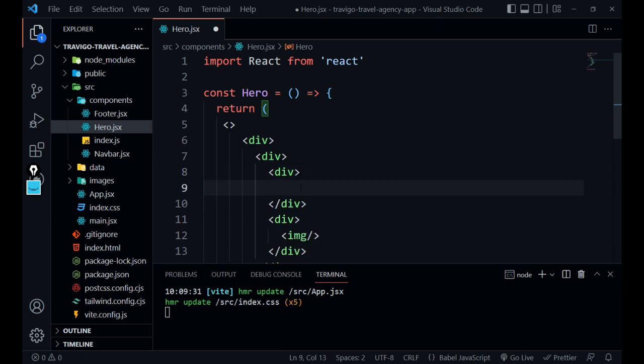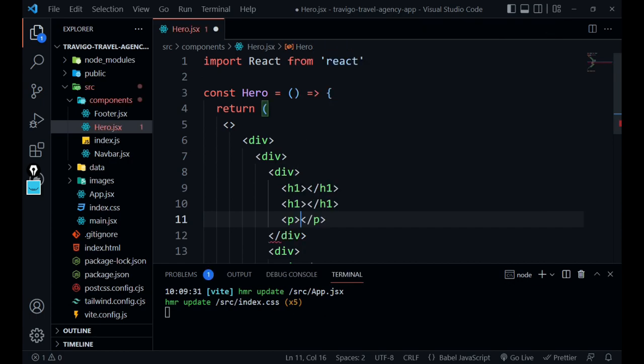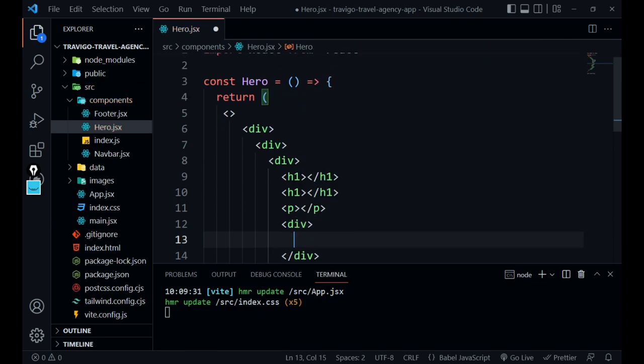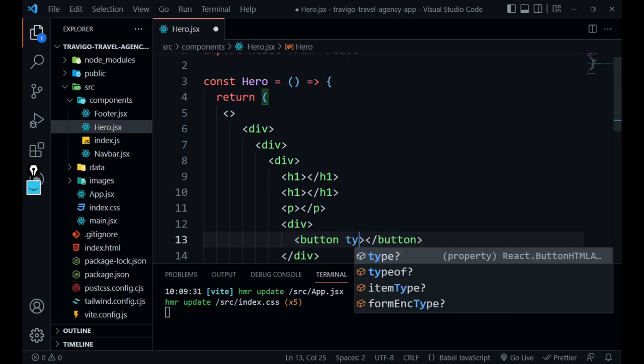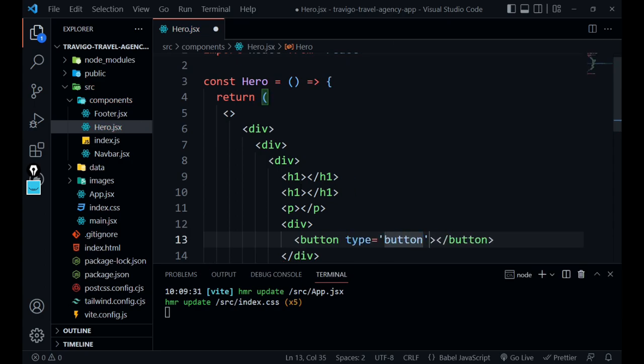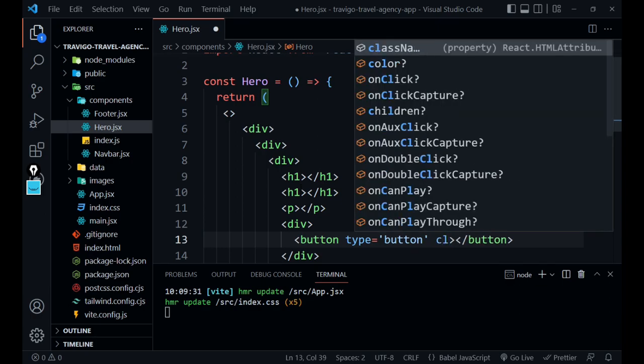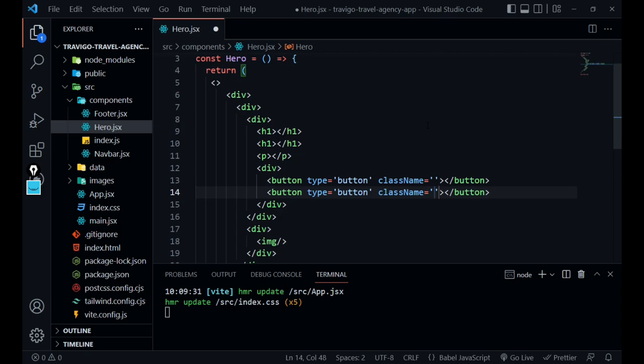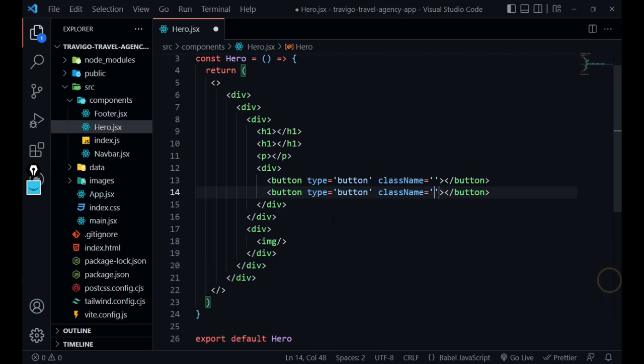In this text div I have two h1s with a p tag. And I'll have one more div which will be for two buttons. The type of that button should be button. Add a class name to these buttons. That's the structure of my